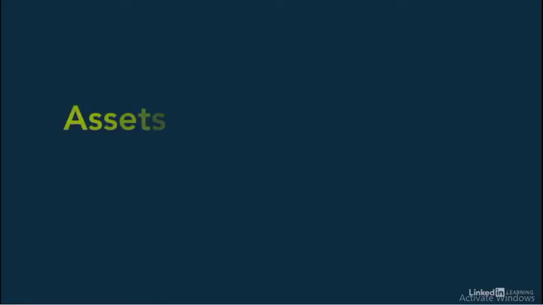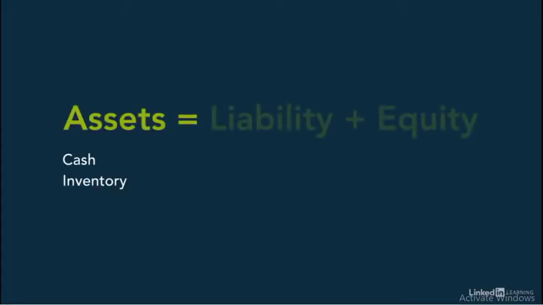Now let's do a little mental trip into a Walmart location. Close your eyes, drive into the Walmart parking lot, and get out of your car. Now you're walking across the parking lot. You're walking on one of Walmart's assets. The land is a Walmart asset. You walk into the building. The building is another Walmart asset. Now stand in the middle of the store and look around at all the stuff on the shelves. That's called inventory, the stuff that you can buy from Walmart. Inventory is an important asset for Walmart. Land, building, inventory, all these assets are acquired and then sold, and these events are recorded in debit and credit